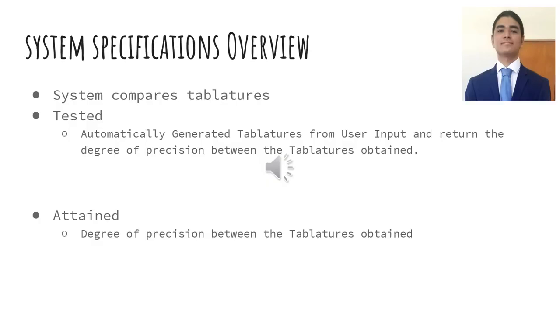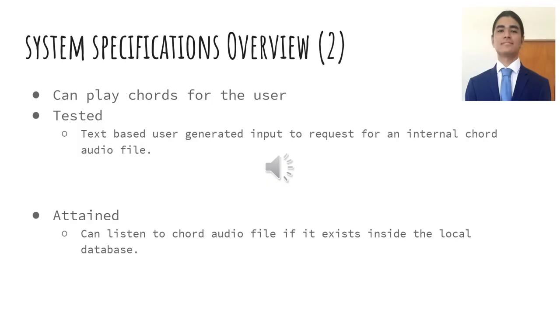Here we have the specifications of the system, of which the first is that the system compares tablatures, and it is tested against automatically generated tablatures from user input, and from these is attained a degree of precision between these tablatures. For the next specification, the system can play chords for the user, and this was tested by having a user-generated text input to request an internal chord audio file, and this attains that file if it exists from the local